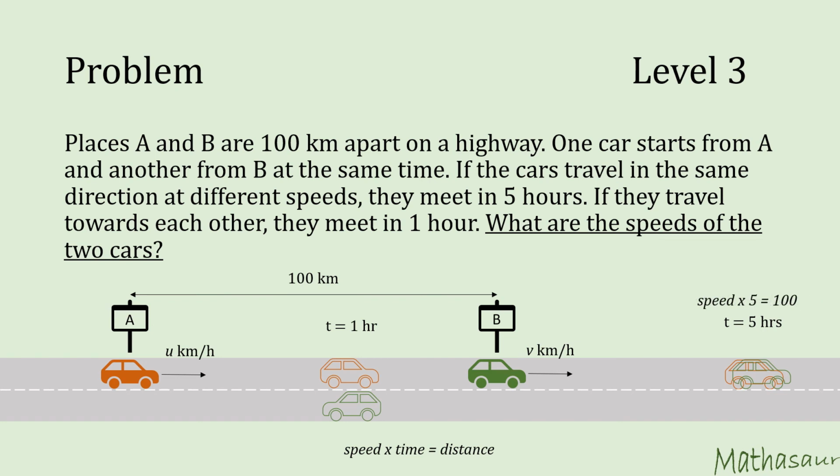If you've been in a car on a highway, then you might have noticed that while overtaking a car in the same direction, you need to go slightly faster than the car in front of you. Which means that the speed that you're driving at doesn't matter, but the increase in speed that gets you ahead matters. So the speed here would be the difference in these two speeds, u minus v.